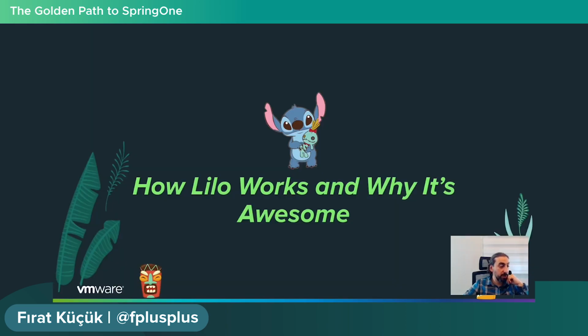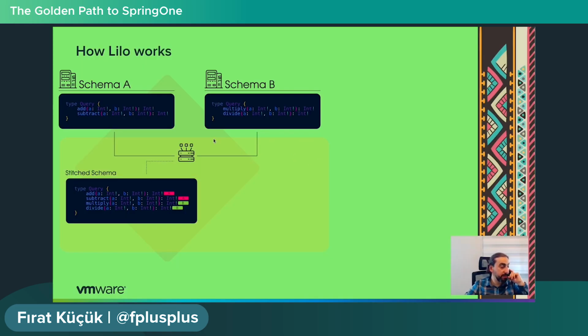Let's take a deep look into how Lilo works. Well, in this example, we are gonna use 4 basic math operations as GraphQL queries. Add and subtract operations are served in microservice A. Multiply and divide operations are provided by microservice B. So Lilo initially sends an introspection GraphQL query to those attached microservices. An introspection query helps to fetch all defined queries and mutations in that microservice. Lilo achieves these fetching operations using an implemented introspection